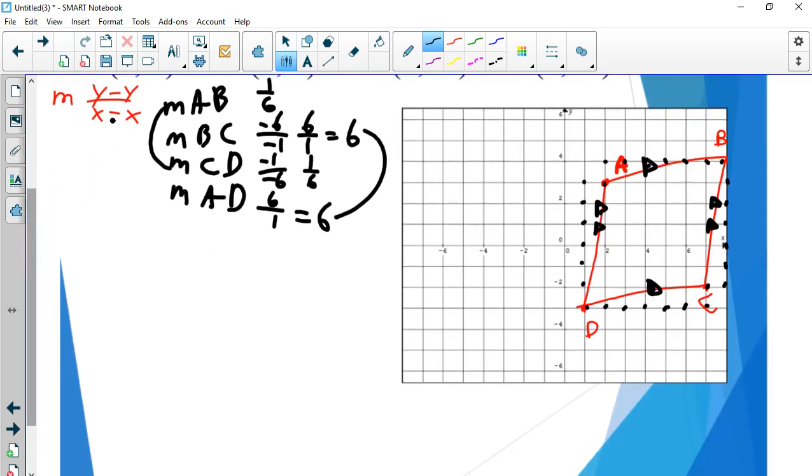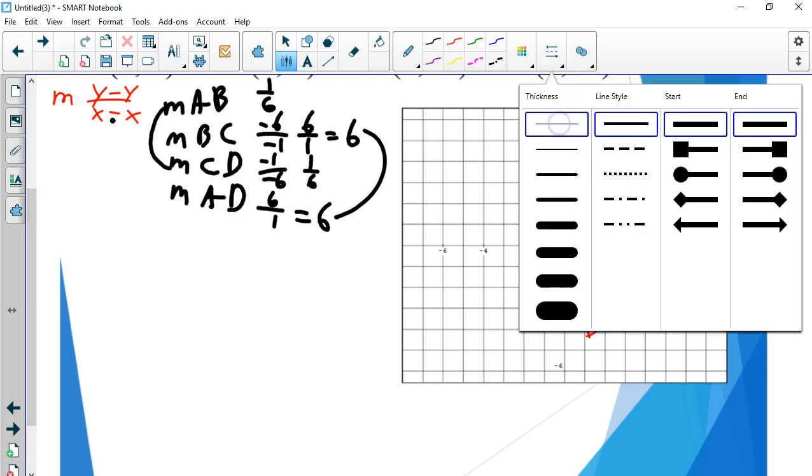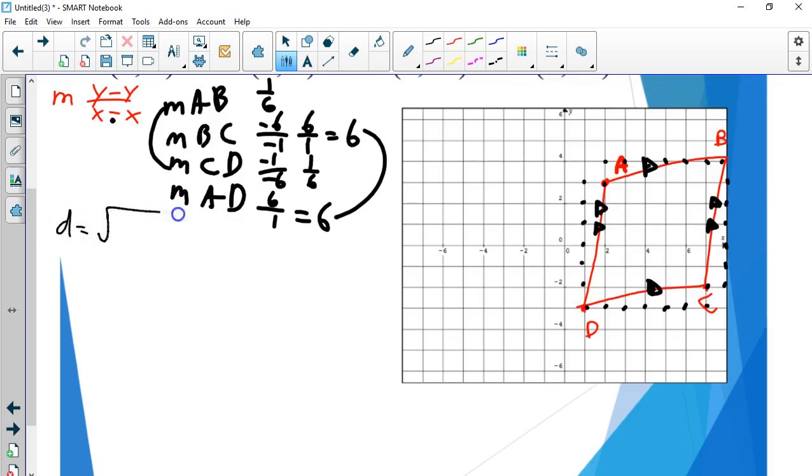Okay? Now, let's say I wanted to do one pair of sides just parallel and congruent. Let's say AB and CD. So I've already found the slope. Now what I would do is I would do the distance formula. And again, the distance formula is the square root of x minus x squared plus y minus y squared. All right? So, if I was going to do AB, and I'm going to do CD,